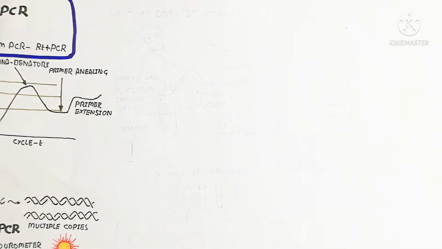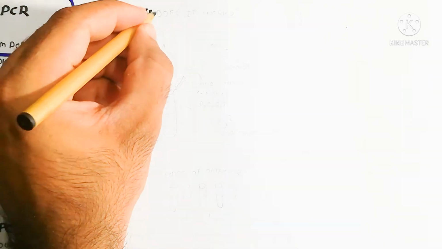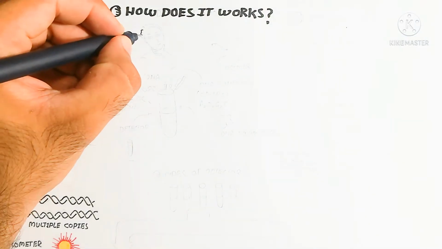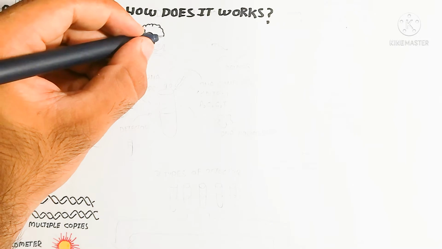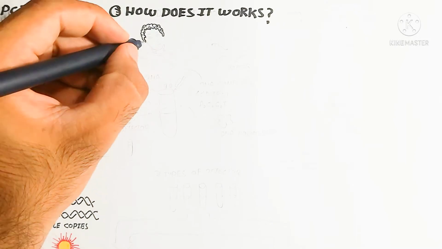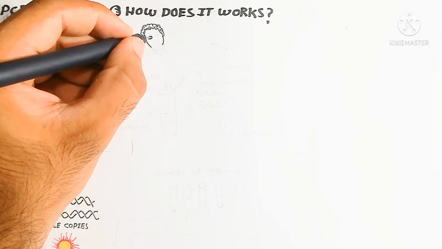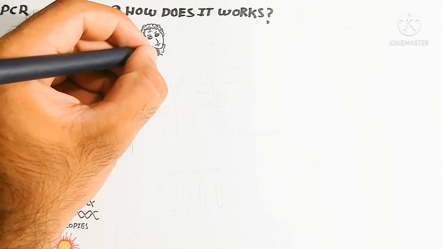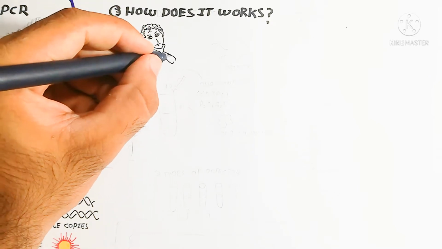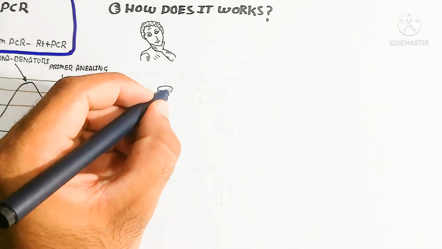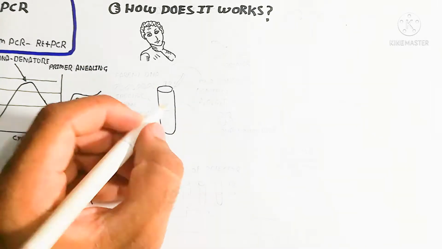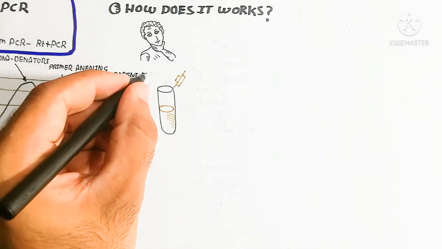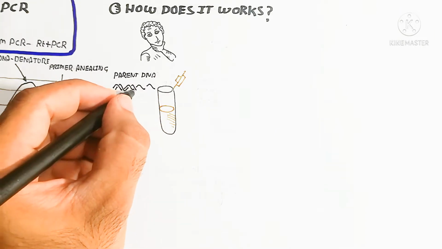We will also understand the ingredients we are using during real-time PCR. Real-time PCR basically uses primer. The primer is specific, and you can buy it from a shop. On the other hand, there are dNTPs, which are adenine, guanine, cytosine, and thymine, the DNA content. DNA polymerase is also used, and a detector or fluorophore is used.